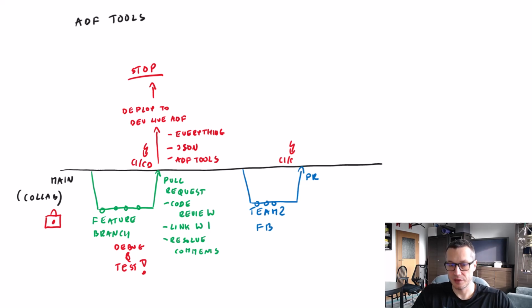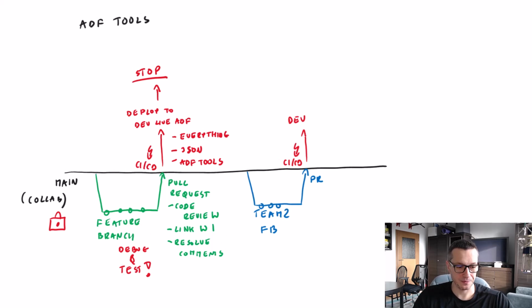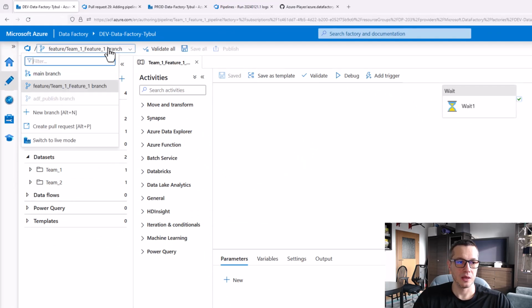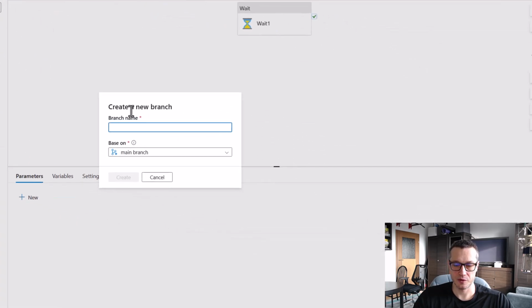The same pipeline would be triggered, and that would deploy it to dev environment, and then it would stop. So actually, let's simulate this behavior. Let me switch back to the Git mode. Let me create a new branch for team2